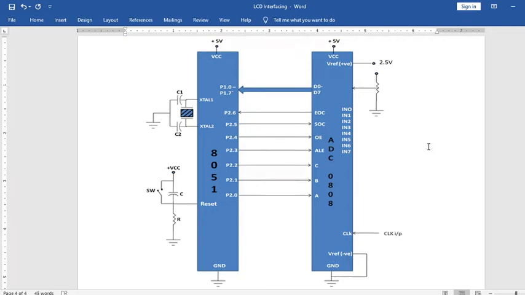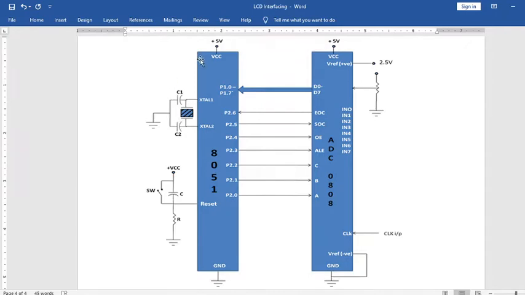In this video we are going to take an overlook on interfacing of an ADC chip with the 8051 microcontroller. The ADC which we are going to take into consideration is chip number 0808. So this ADC we are taking here. Before going for interfacing, we will have a brief look at the 8051 microcontroller architecture as well as the ADC architecture.